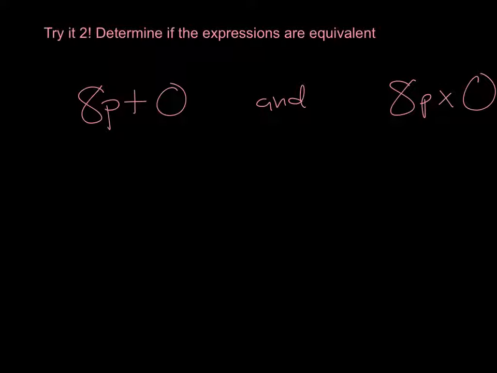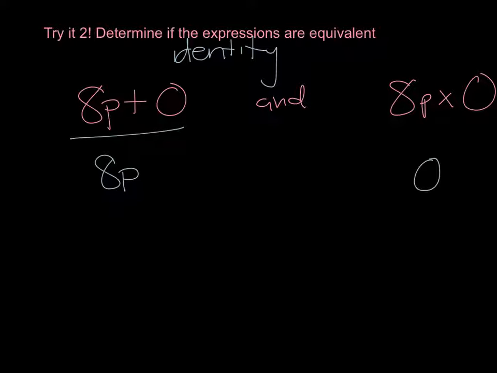Okay. The property that you would use to quickly spot if these were equivalent or not would be your identity property. The identity property states that when I multiply, or when I add something by 0, I still have the same number. But in identity for multiplication, I have to multiply it by 1 to keep the same number. When I multiply it by 0, I get 0. So these expressions are not